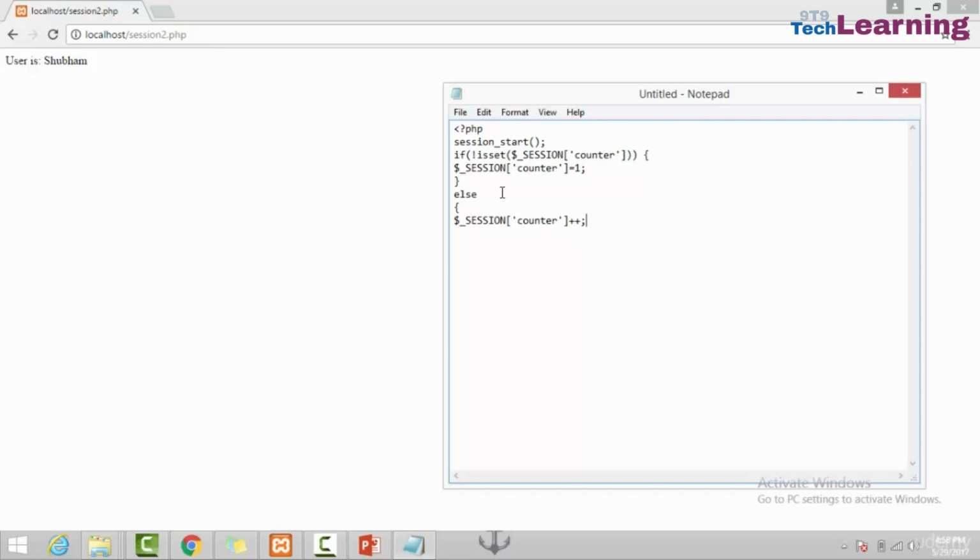So if the counter variable is not set, it will be initialized with the value one, and if it is already set, it will increment the value of the counter. So at last, echo